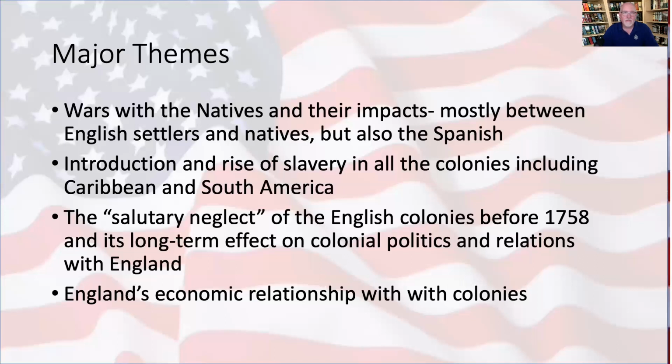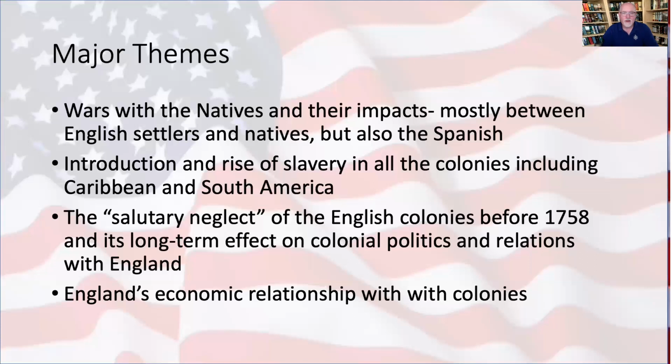Interestingly enough, I think a lot of Americans don't realize the importance of the Caribbean and South America to the colonists. At one time, the British actually had more financial stake in the various islands of the West Indies and the Caribbean than they did North America. We'll find later on, when we study the American Revolution, that may or may not be particularly emphasized in this course or world history, the British were as much or more concerned in the later parts of the war with the French and Spanish who came into the war on the American side, threatening their colonies in the Caribbean and South America as they were in North America.